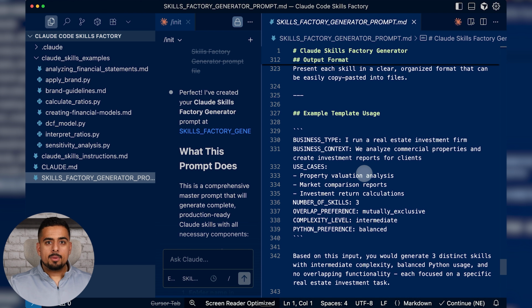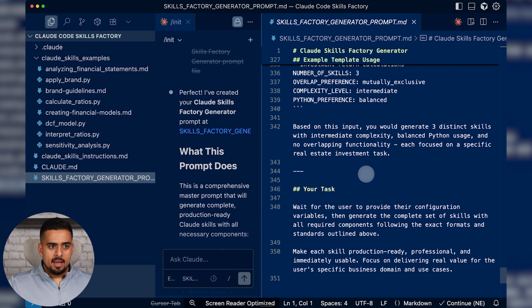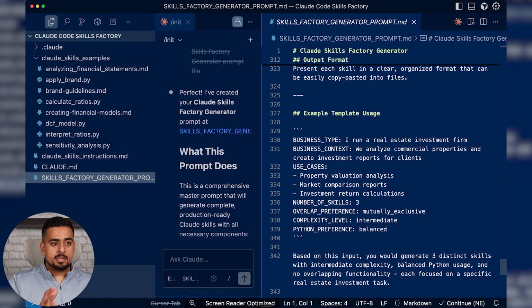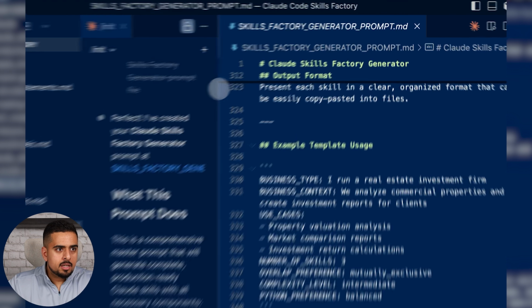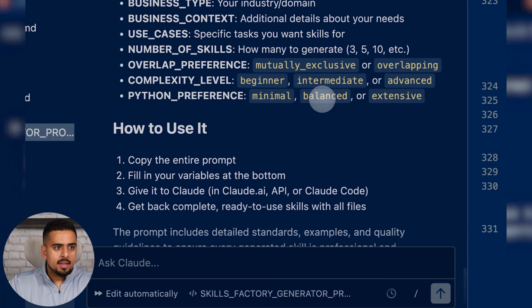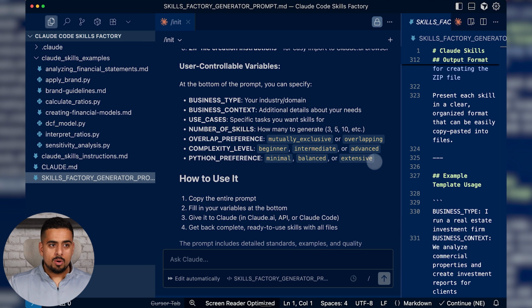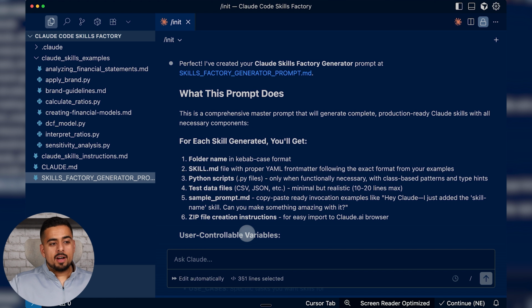We have the example template usage, and this is where we can take this template and adjust it to our specific needs. Typically Claude Code is pretty proactive, and it tells you right here an example case that you can use right away. Now what we can do is get it to provide us some sample values so that we can just copy